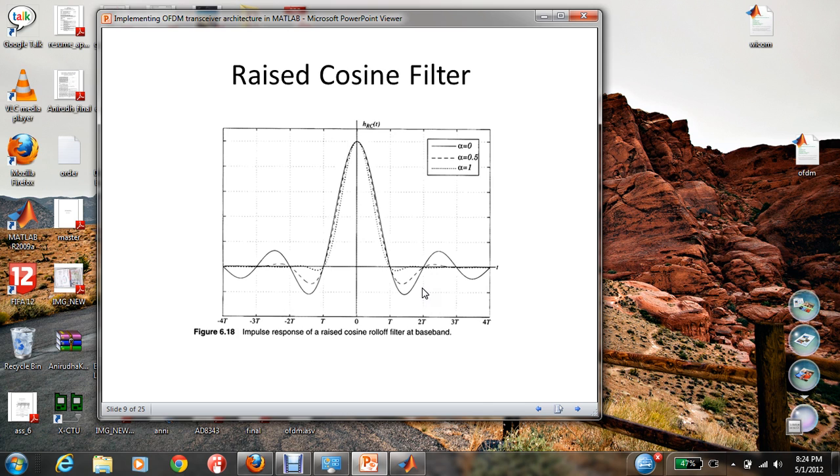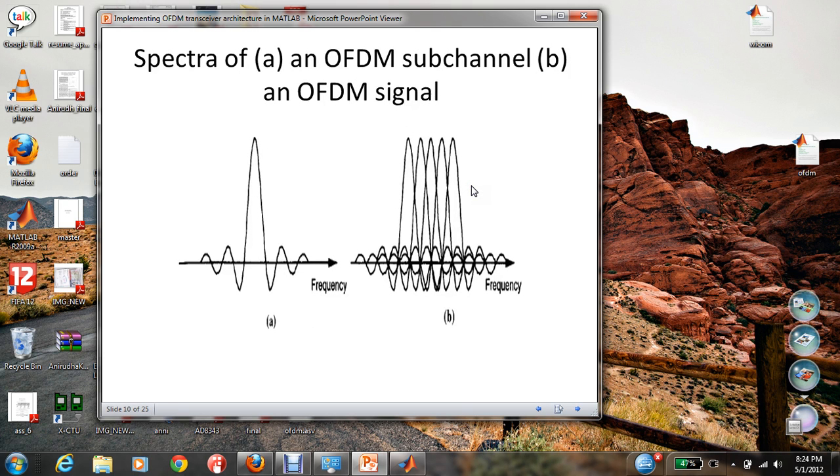This is shown by this particular graph, and these are the different roll-off factors. So for alpha equal to 0, we'll be obtaining a sinc function. This is again a spectra of an OFDM subchannel. This is how the spectra of an OFDM subchannel looks like, and this is the